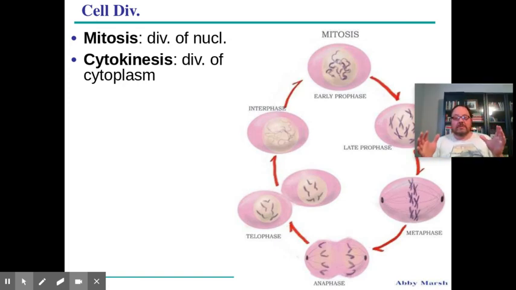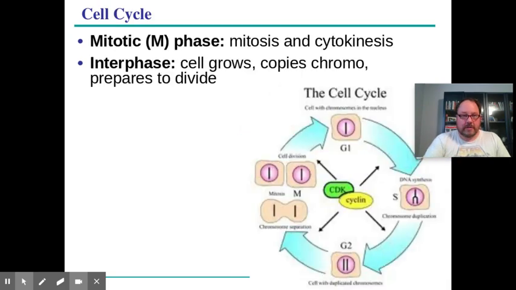Sometimes it can be confusing because these two events co-occur. One happens while the other is occurring. So mitosis is the process where the nucleus is dividing. And at the same time, near the end of mitosis, you'll also have cytokinesis, the division of the cytoplasm. So keep those distinct in your mind. If they're talking in a prompt about cell division, they're talking about both mitosis and cytokinesis. If they're talking about cytokinesis, they're talking just about the division of the cytoplasm. And if they prompt you about mitosis, they want to know just what's going on in the nucleus with that DNA. All right, so we'll stop there.